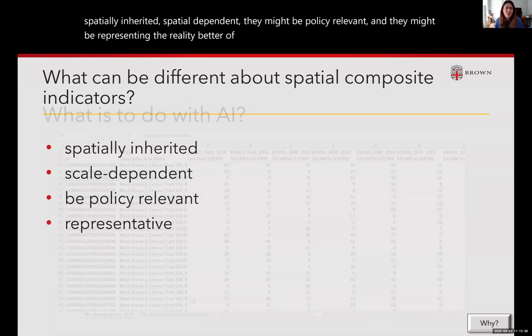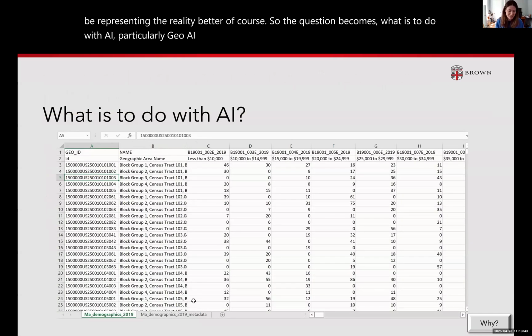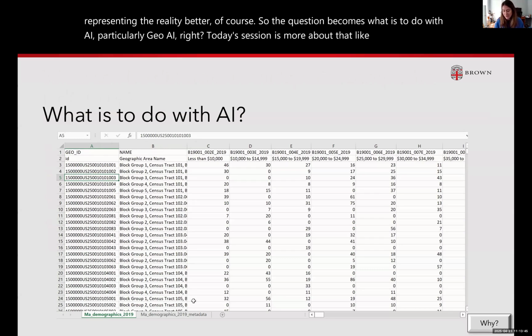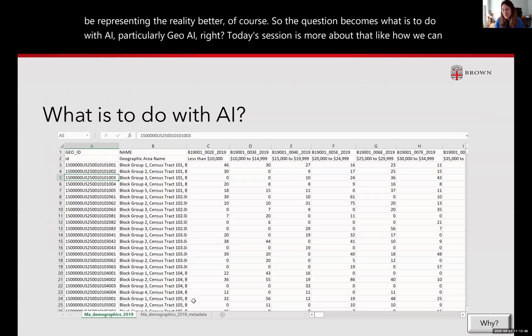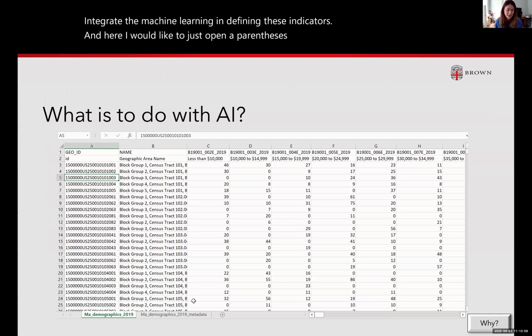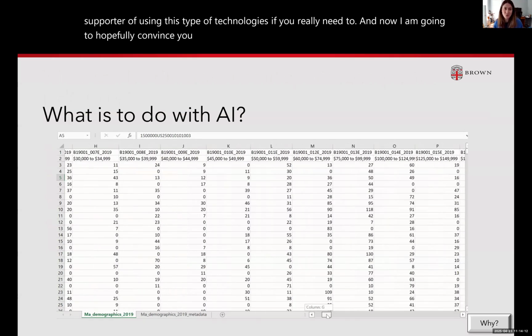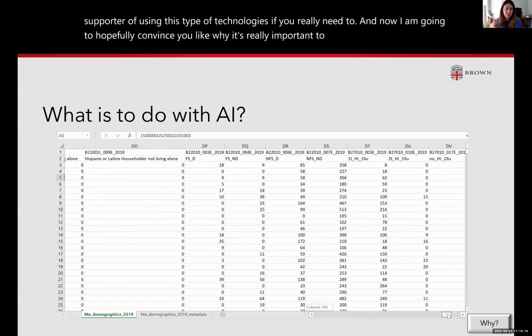So the question becomes, what does this have to do with AI, particularly geo AI? Today's session is more about that, how we can really integrate machine learning in defining these indicators. And here I would like to open a parenthesis and say that I am a supporter of using this type of technology if we really need to. And now I'm going to hopefully convince you why it's really important to use these technologies in this particular